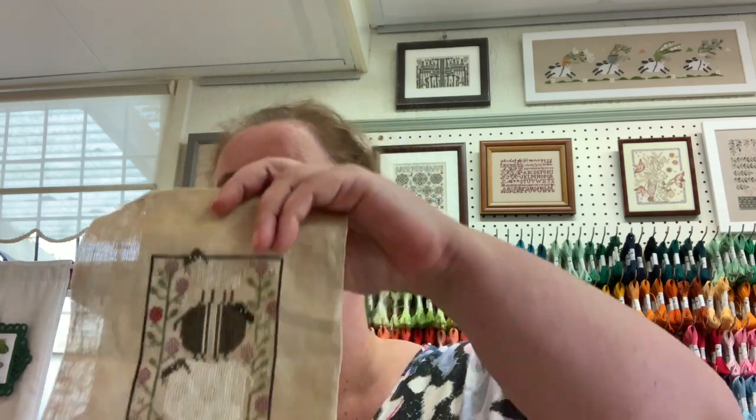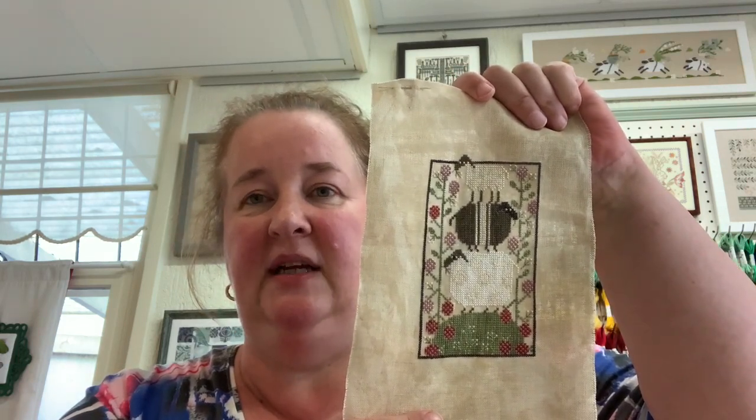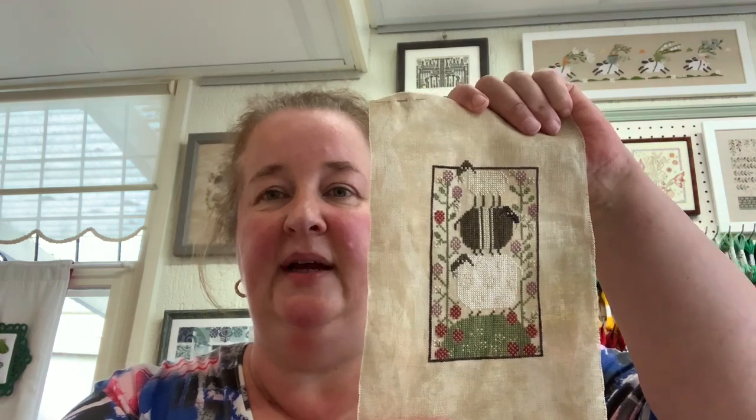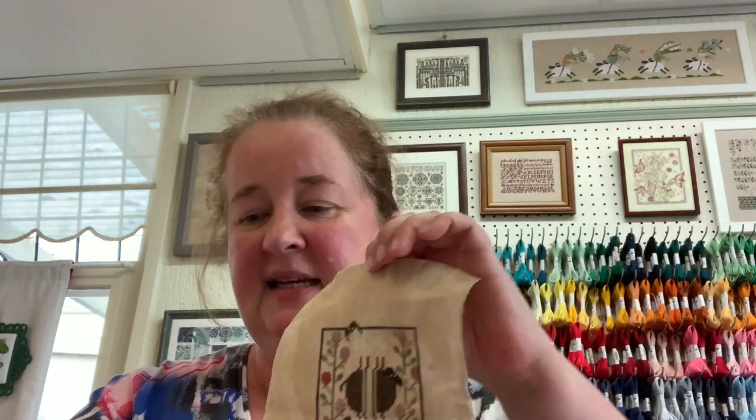Don't know why I never got back to it, but here's the finished piece. I so love this series of 3 animals by Plum Street. I have stitched the pigs, and I have stitched the reindeer. Now the sheep are done. And since I do have